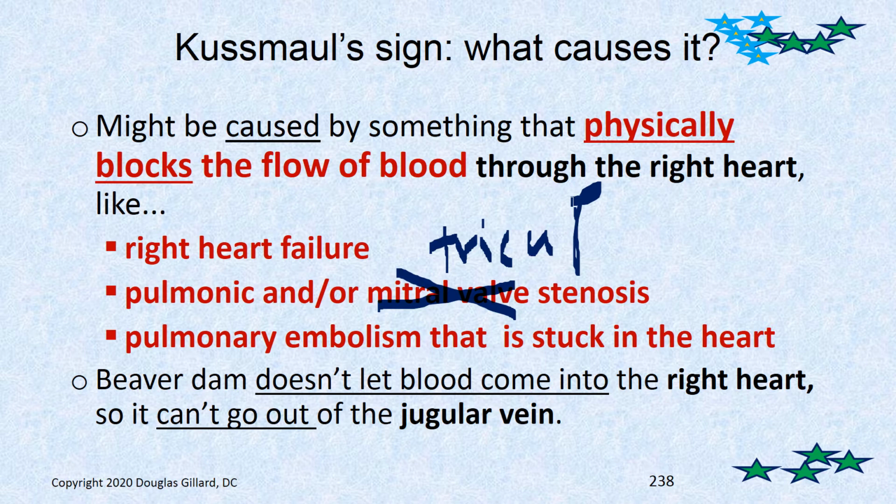Yeah, so it's got to be on the right side. A beaver dam anywhere on the right side of the heart. What could be a beaver dam affecting the flow of blood through the right heart? Well, something physically blocking the flow, like a pulmonary embolism stuck somewhere, maybe in the pulmonary trunk, or a stenotic tricuspid valve, or a stenotic pulmonary valve or pulmonic valve, or just right heart failure from, I think I